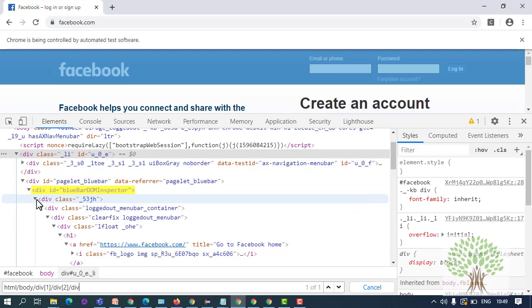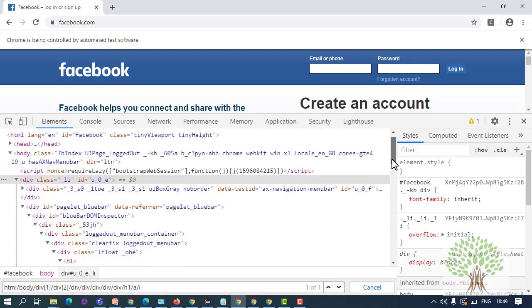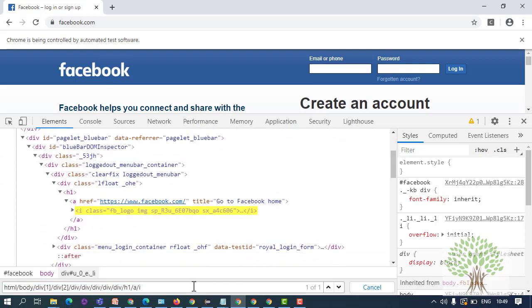Under this one you again have a single division. So you keep on doing this, then again a single division, again a division, again a division, and then an h1 tag, anchor tag and I tag. So this XPath is known as the complete XPath and it represents the Facebook image, the I tag. We traverse from the HTML tag to this particular tag.